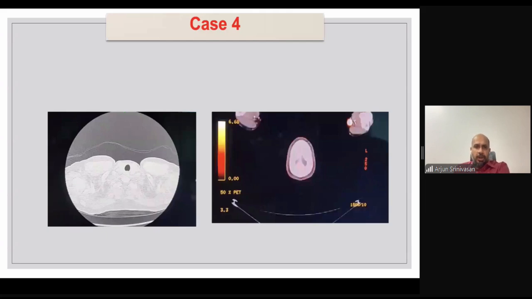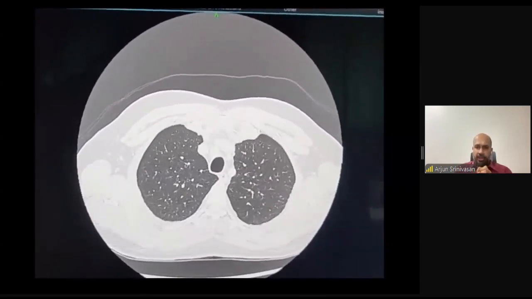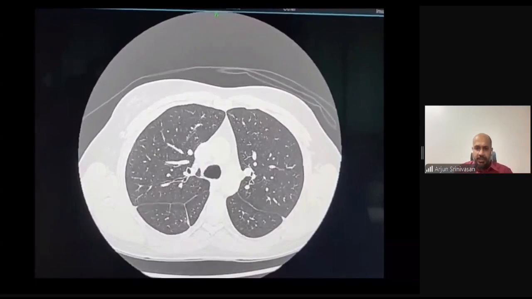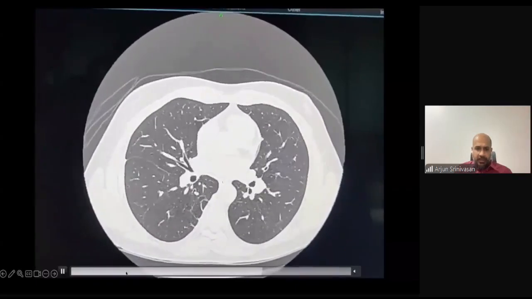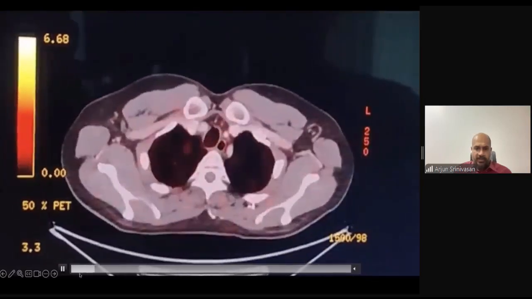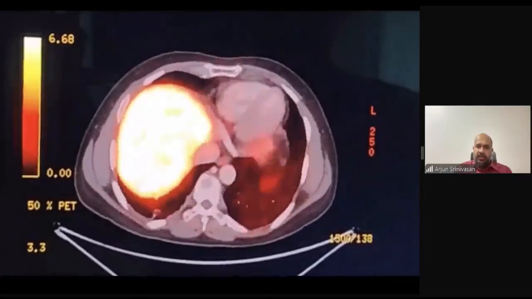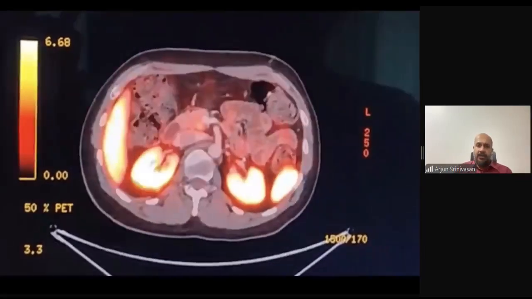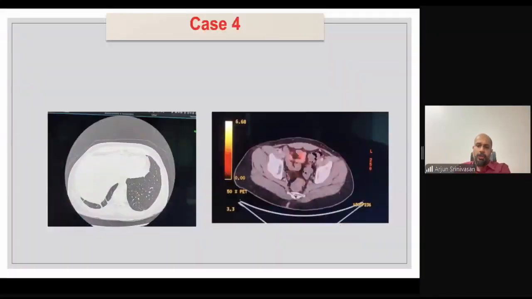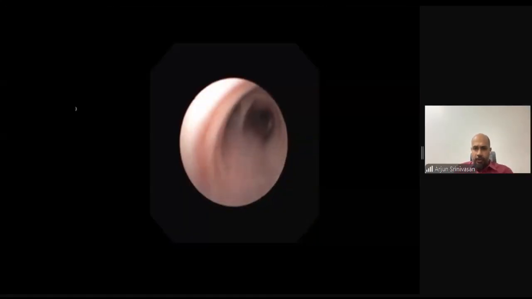This was a case of a patient who had an exogenous Cushing syndrome, and the patient had multiple episodes of severe infections. And you can see that there is a small nodule in the right upper lobe. This was a Dotatate PET after the patient recovered from pulmonary nocardia. And this was the only PET avid lesion, which amounted to about 1.3 centimeters in size. This patient was taken up for